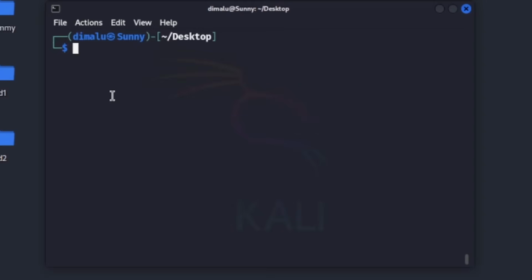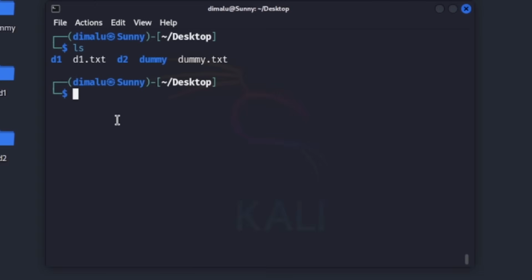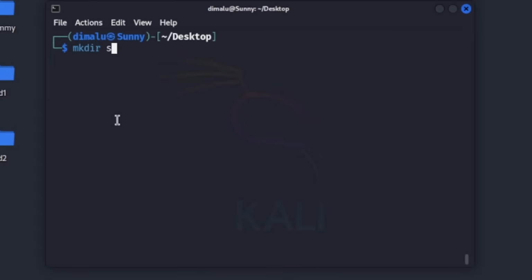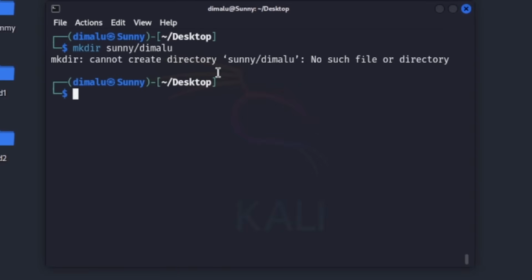Now what I want is to create a directory within a directory. I want to create a tree of directories. For example, I want to create a directory called Sunny, and inside Sunny I want to create a subdirectory called Dimalu. So type mkdir Sunny slash Dimalu, press enter, and we have an error, can't create directory,